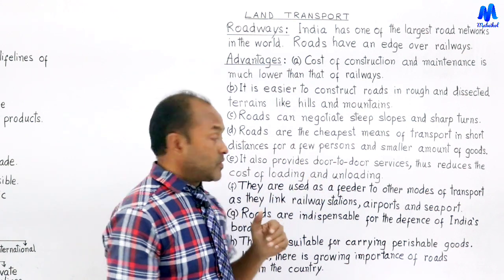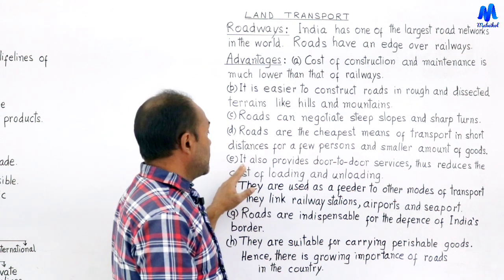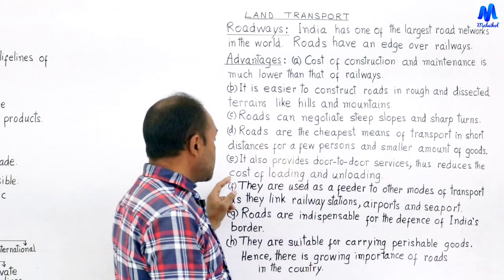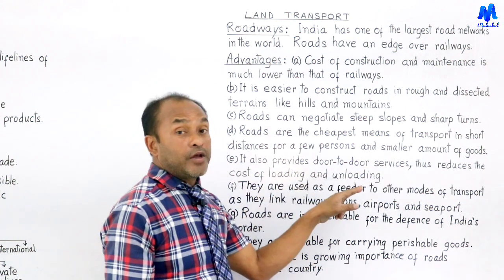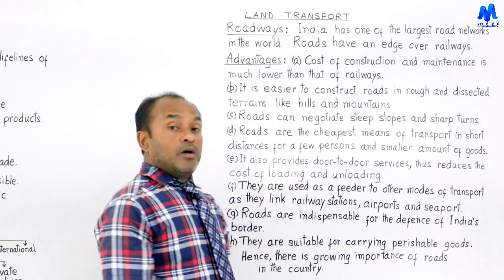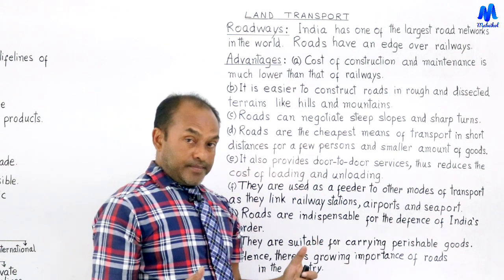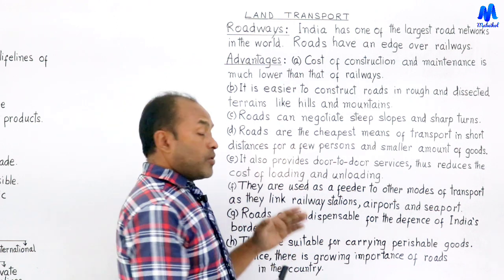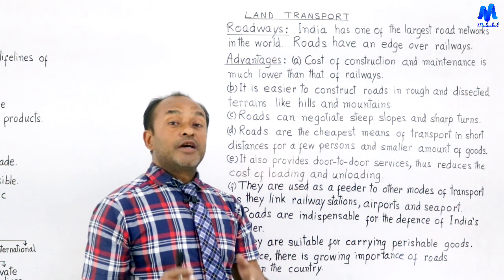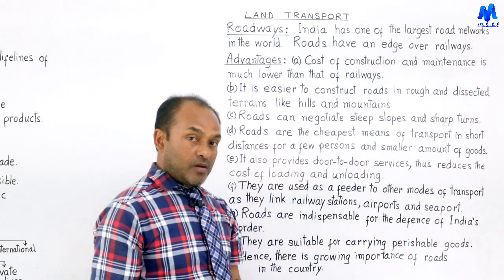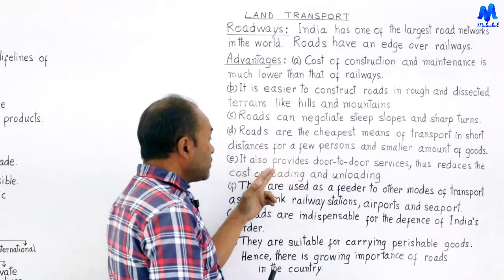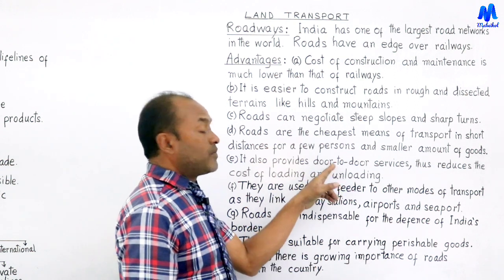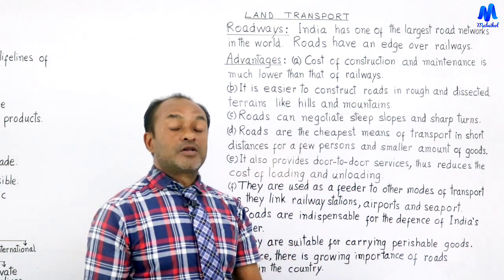of transport. Okay. Likewise, in number E, it tells that they also provide door-to-door services, thus reduces the cost of loading and unloading. Okay. For each and every door, for each and every gate, railways cannot stop in each and every gate of the village. But in roadways, when we are transporting through roadways, we can stop in each and every gate for delivering the